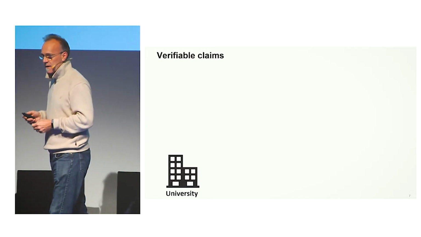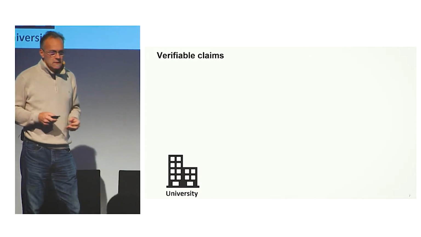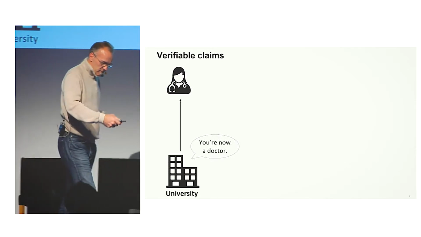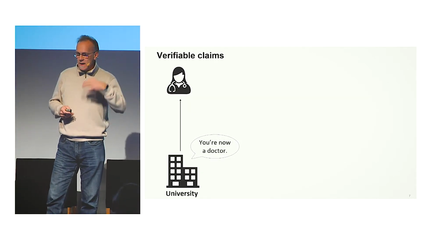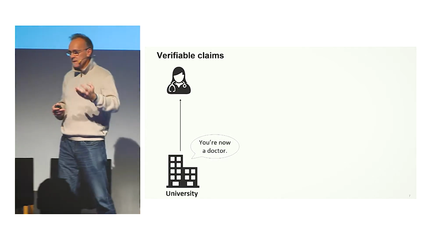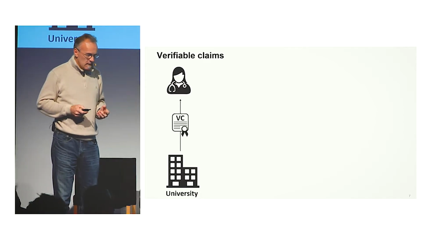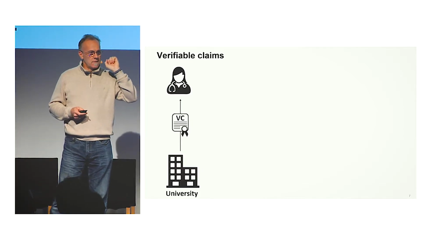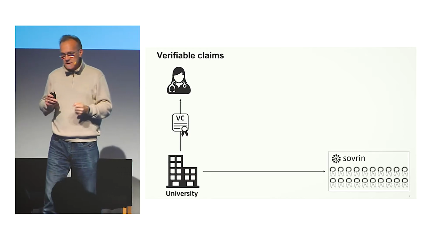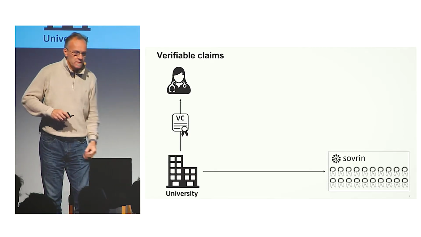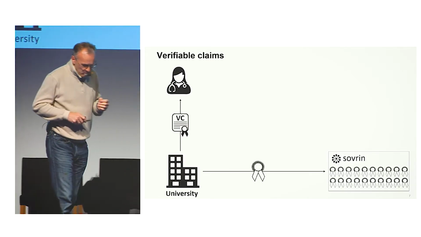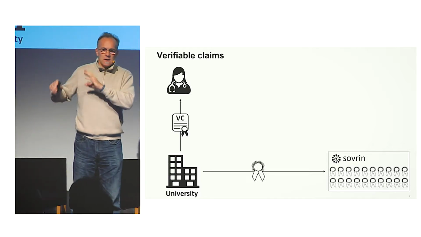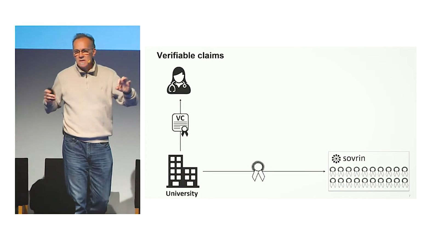So we're talking about verifiable claims. This scenario starts with a person who goes to university. Eventually they graduate. So in this case, the person becomes a doctor. At the end of the study, the university issues a claim that says, okay, now you're a doctor. They are going to send a digital credential of that fact to the user. At the same time, they're going to go to some network. In this case, it refers to Sovrin, but there are many different options. They're going to store on this network enough information so that this claim that has been given to the user can be verified